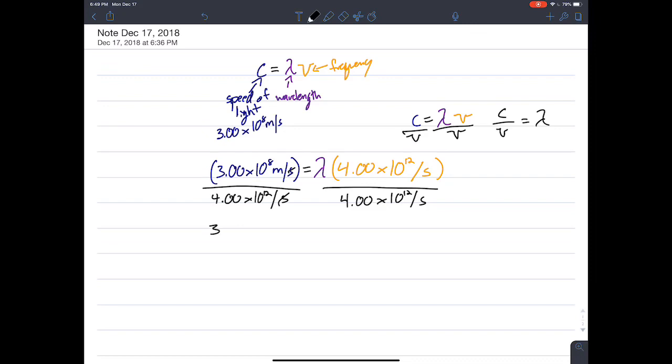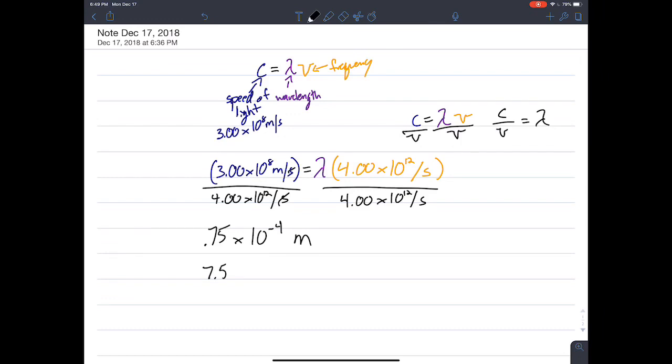Shorthand math is going to be 3/4 times 10 to the 8 minus 12. It's going to be negative fourth. 3 over 4, 3/4, which is 0.75. 0.75 times 10 to the negative fourth meters, but to write that properly in scientific notation, we would have to do